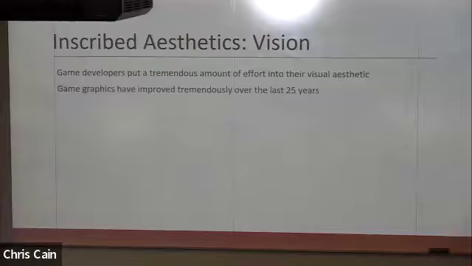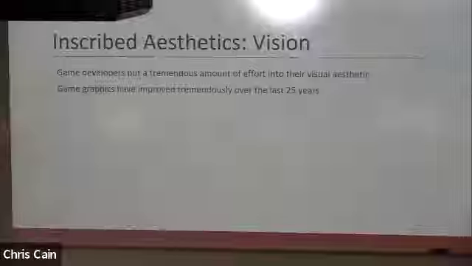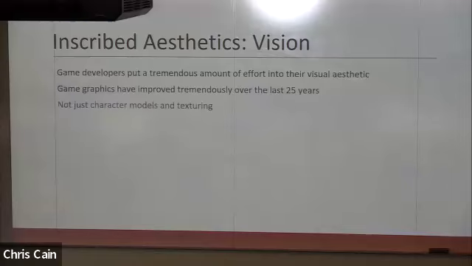So you know that graphics have improved tremendously over time, but you don't have to rely on incredible textures in order to make your game distinct or different. There are different visual styles that can be very appealing. And this isn't just the character models and texturing, but the vision also includes things like your box art, which isn't as much of a thing anymore, but the website design, the design of if this is a game on Steam, for instance, it can just be the background of the game on Steam.